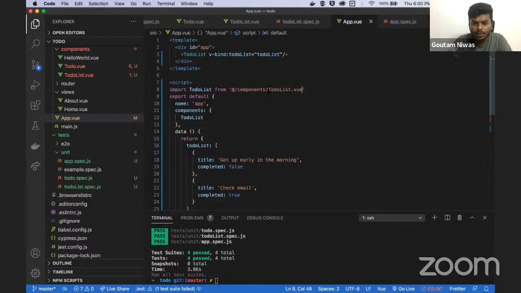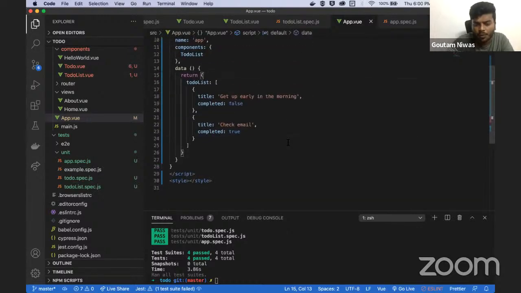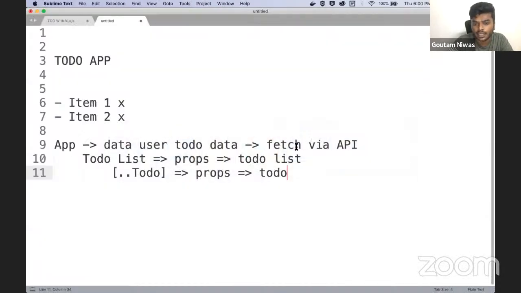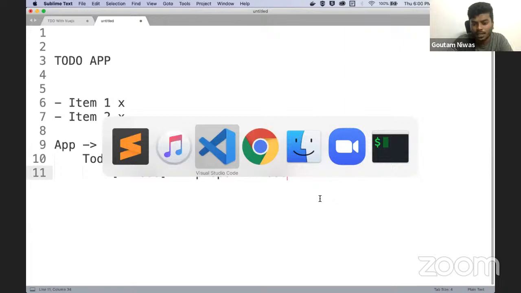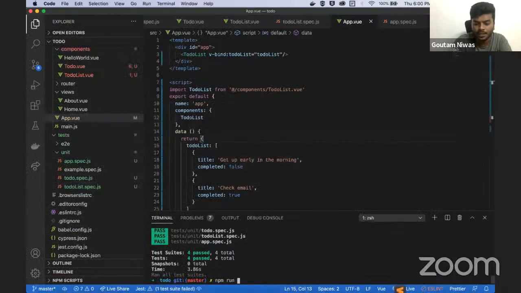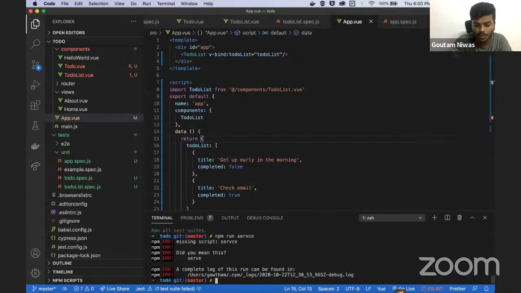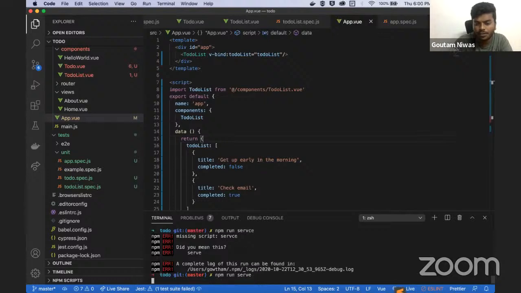I think the import of to-do list was a problem. That was the only difference. Okay, cool. But what we have done now is we have created a to-do list app component which will load to-do lists, and then load to-do. So this should already create a to-do list for us, which is a basic to-do list,